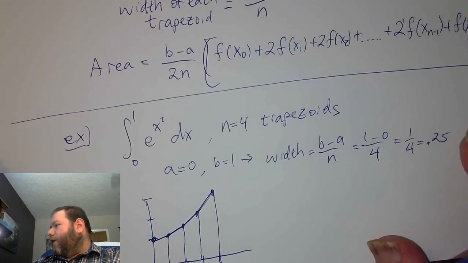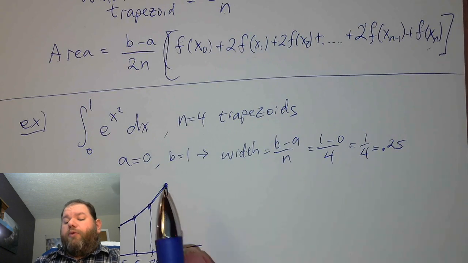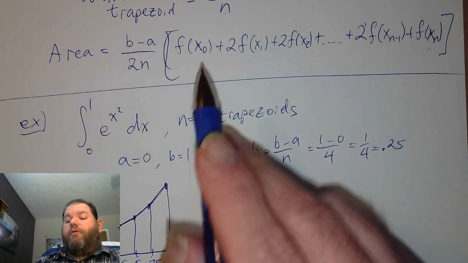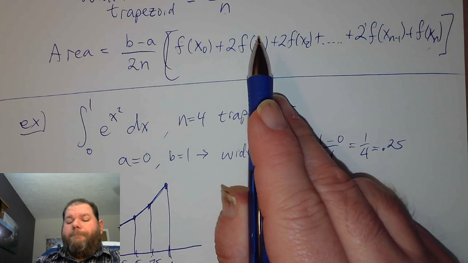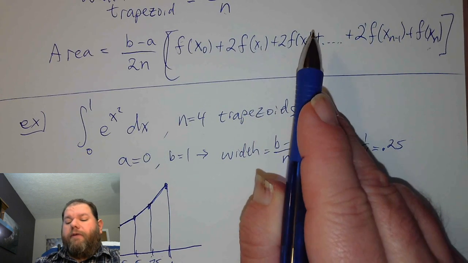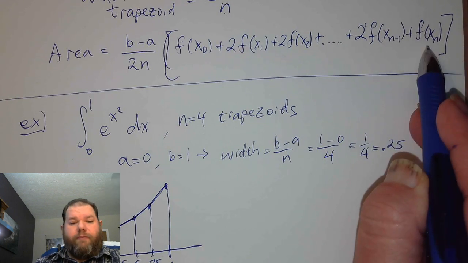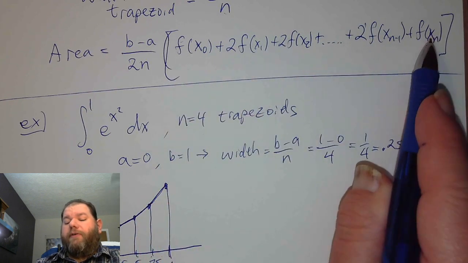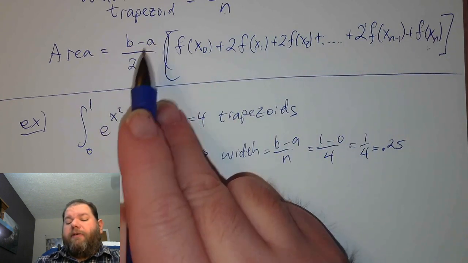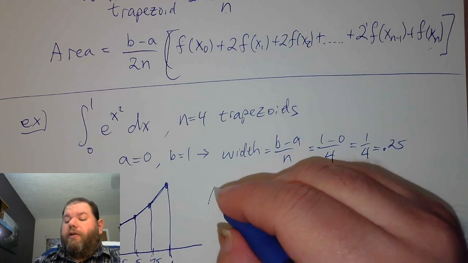So now we're going to take that and plug it into this. So with n equals 4, we're going to start with f of 0, f of 0.25, f of 0.5, f of 0.75, and then f of 1. 2 times the ones in the middle, and 1 times the ones outside, and then we'll have b minus a over 2n on the outside of that. Okay? So our area,